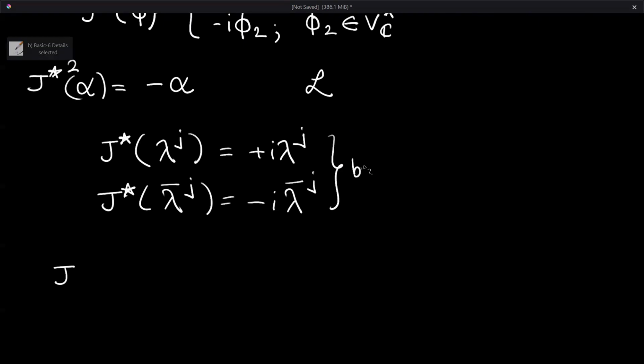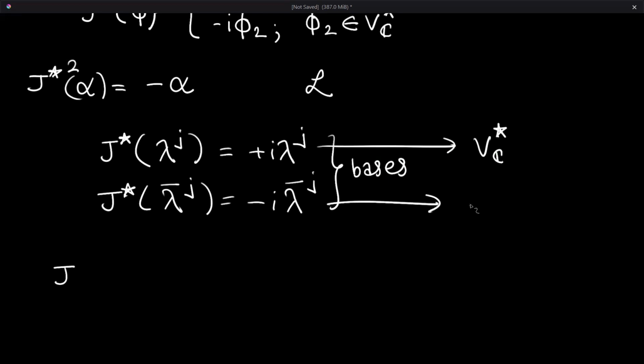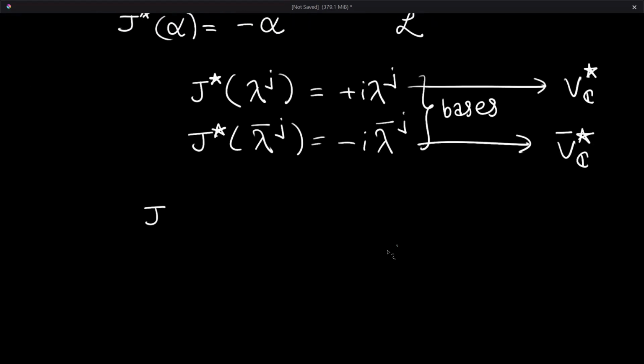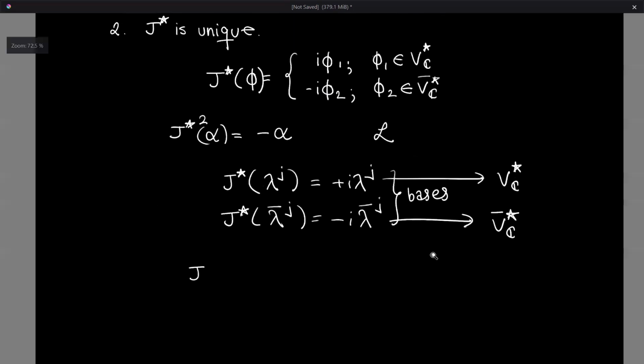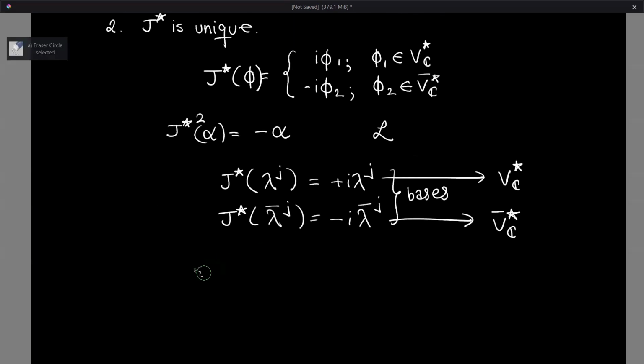Okay, let's say it like this. These are both bases, but this is a basis for VC star, and this is a basis for VC star bar. So we know that if this is true, right? If we get